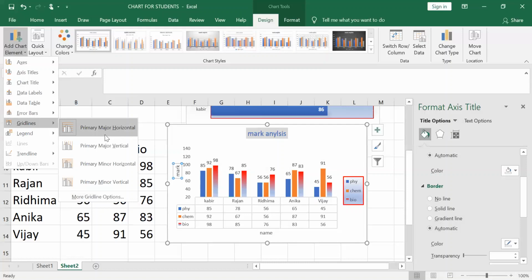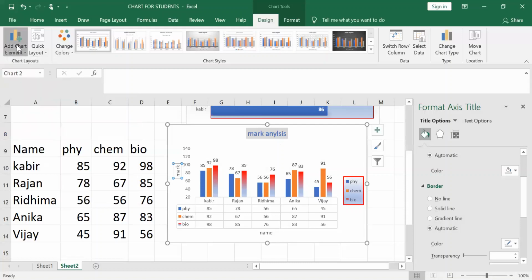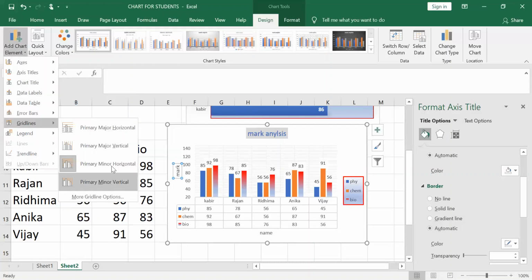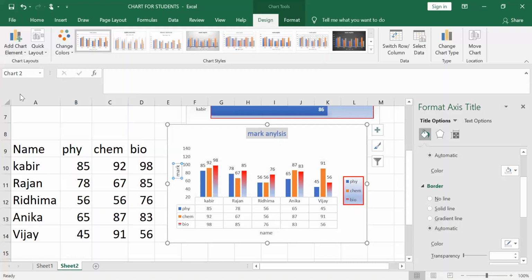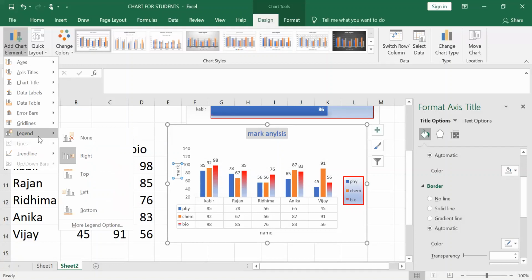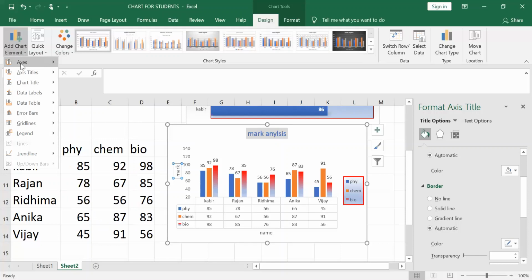If I give Primary Minor Horizontal, you just see, it looks just like graph paper. Legend: you can see top, bottom, left, right, you can change. So from the layout you can do certain formatting of your chart.